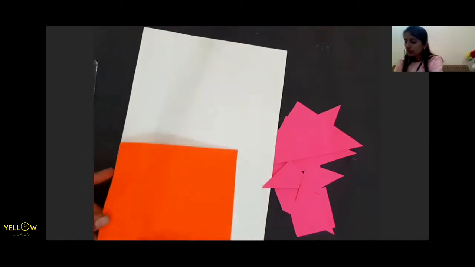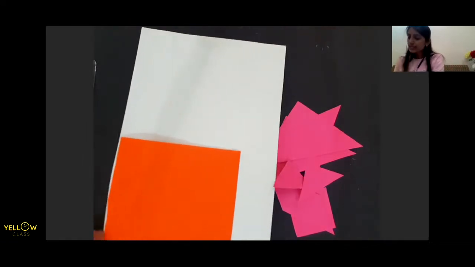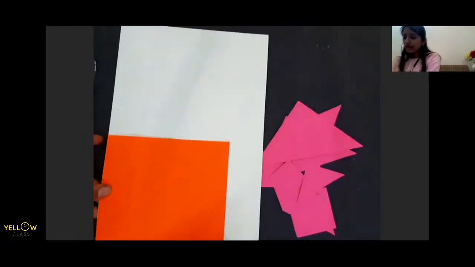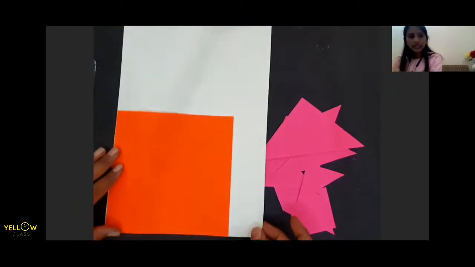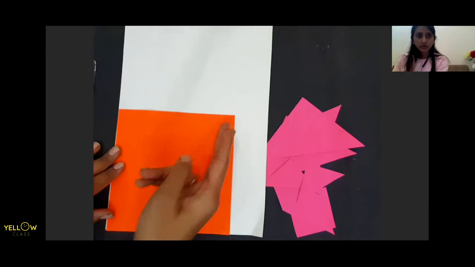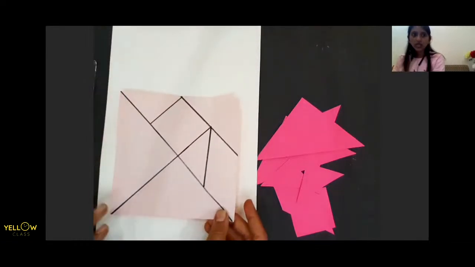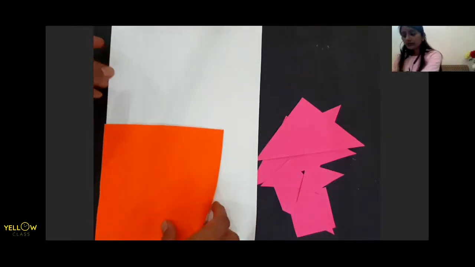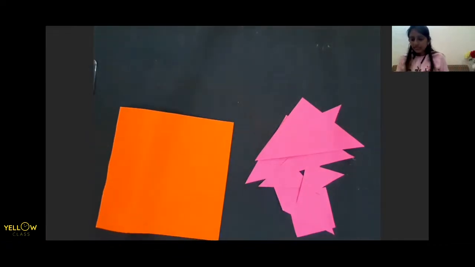Okay, so maybe we could have, see from this side also, I can see the impressions of my sketch pen. Maybe it is not visible to you, but when I will paste this on this thick cardboard and I will cut along the lines. Okay, it is maybe not visible to you in the video, but it is very much visible to me. So before cutting, you can darken it with the black sketch pen. Okay, darken it with the black sketch pen and then paste it on a thick cardboard sheet and just cut it out. Okay, so you can quickly paste it, and I will just cut.